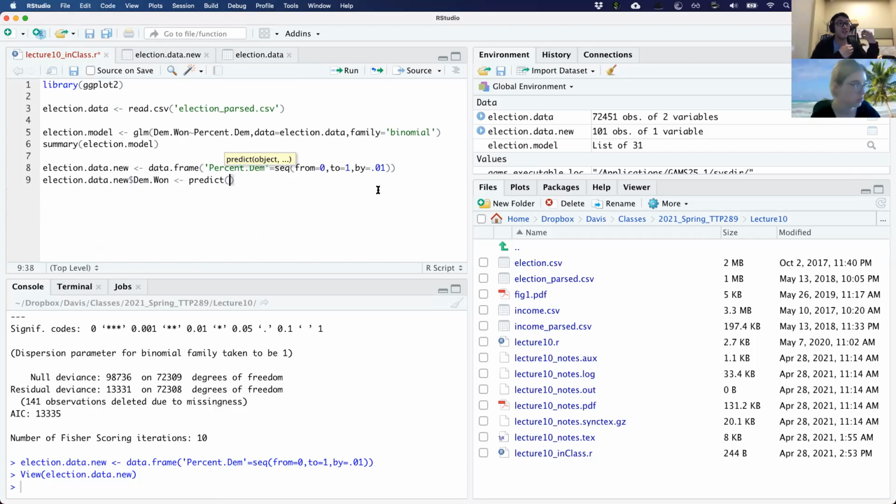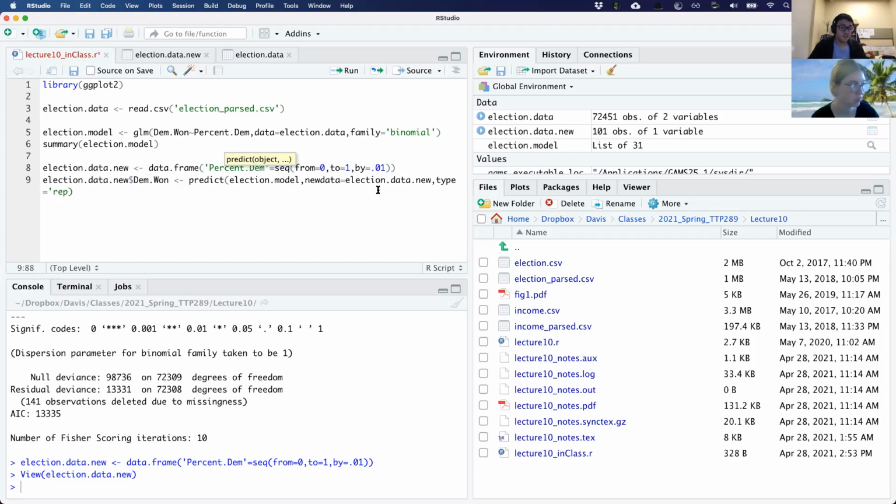So similar to the linear model, we can predict certain outcomes, and the new data that I'm plugging in is that new vector that I just made. And we can make type equals response.